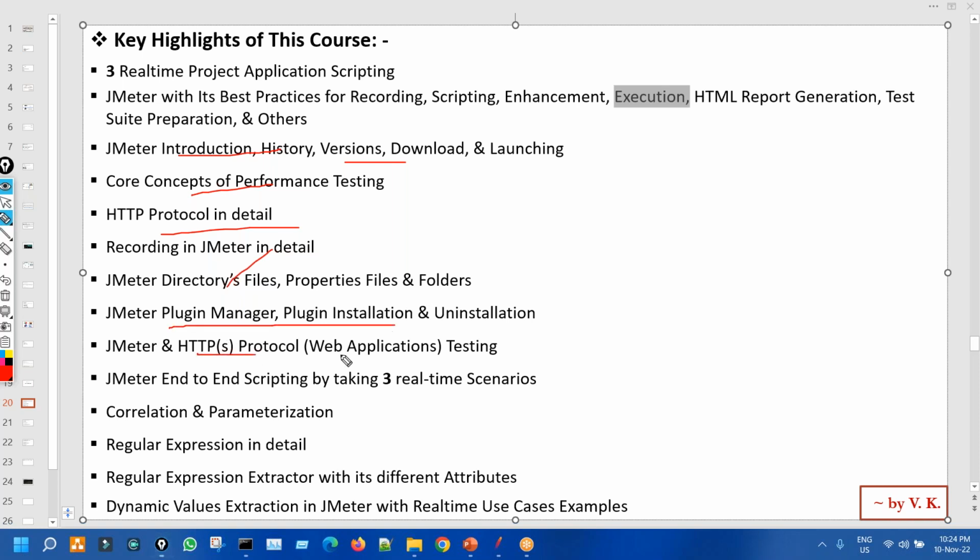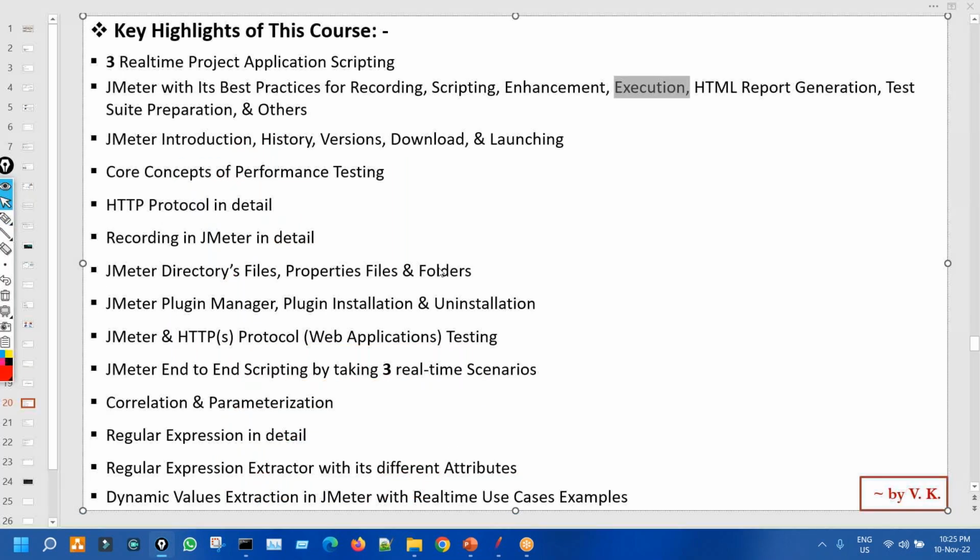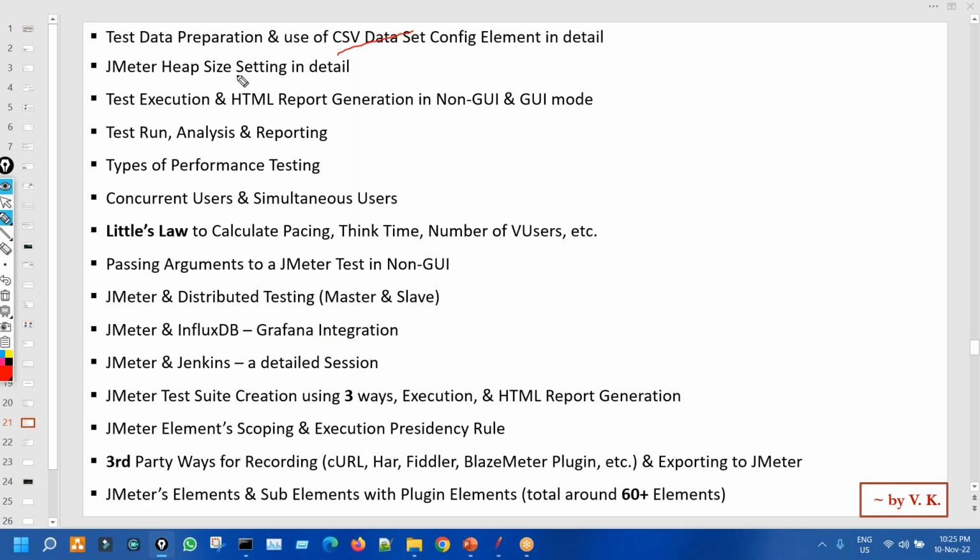Plugin manager, web application testing, end-to-end scripting, correlation, parameterization, regular expression extractor with different examples, dynamic values extraction. Then test data preparation, use of CSV, heap size, detail setting, execution in GUI, non-GUI, test run, analysis, reporting, types of performance testing. Concurrent users, simultaneous, Little's law, then passing arguments in JMeter test, distributed testing, master slave, InfluxDB graph, Jenkins, and